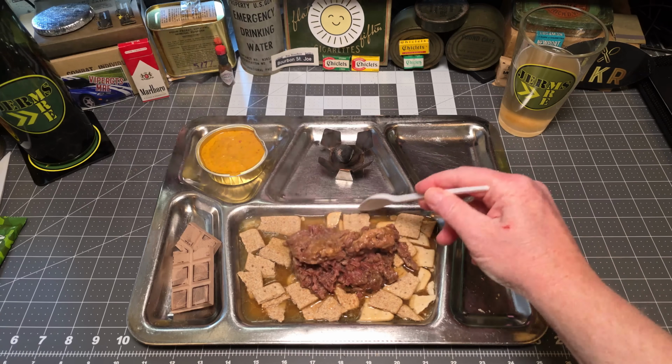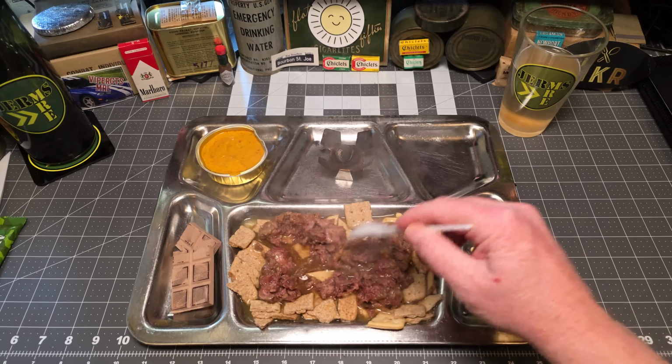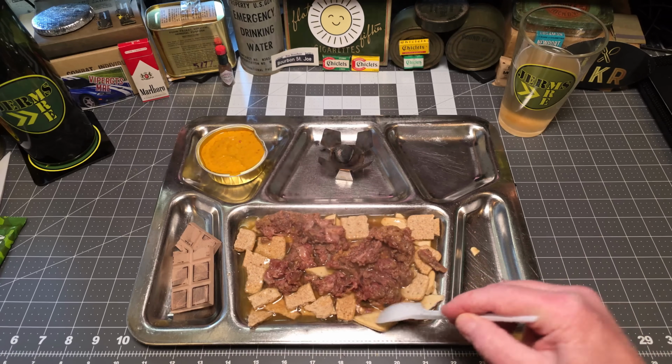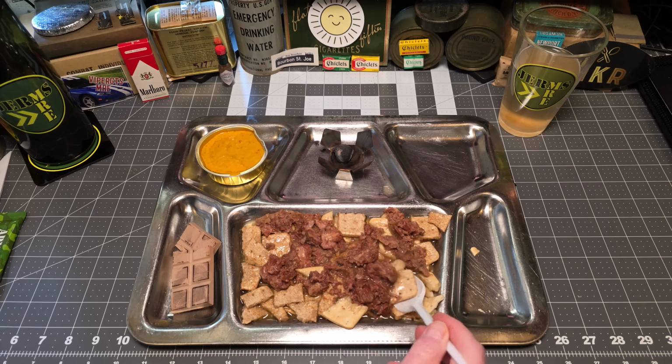That beef smells really good, and it is so tender. You can just tell this is going to be fantastic. I'm glad I put the crackers on the bottom. They're going to soak up all that broth. Good tip, Mark Garno. So there is salt and pepper in this, and I think that's about it, other than